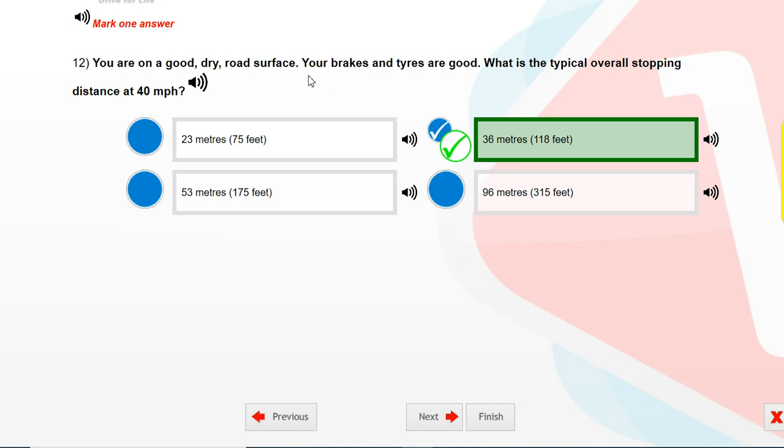Your brakes and tires are good. What is the typical overall stopping distance at 40 miles per hour? 36 meters, 118 feet.